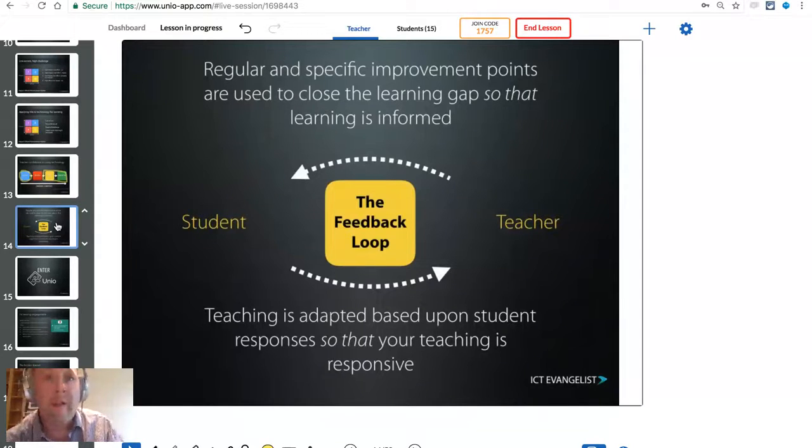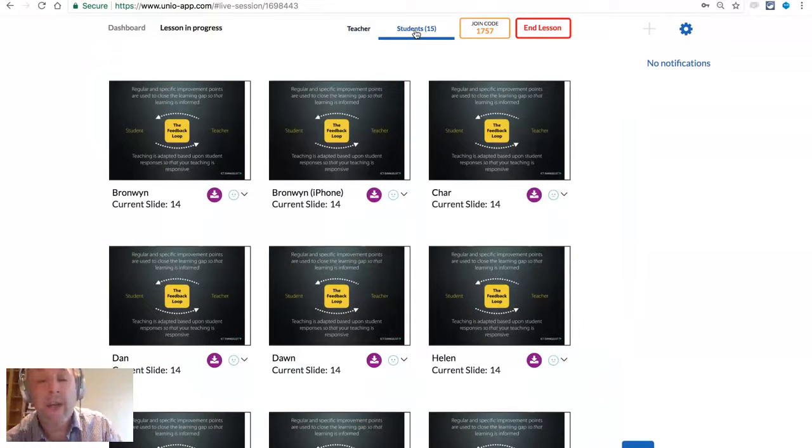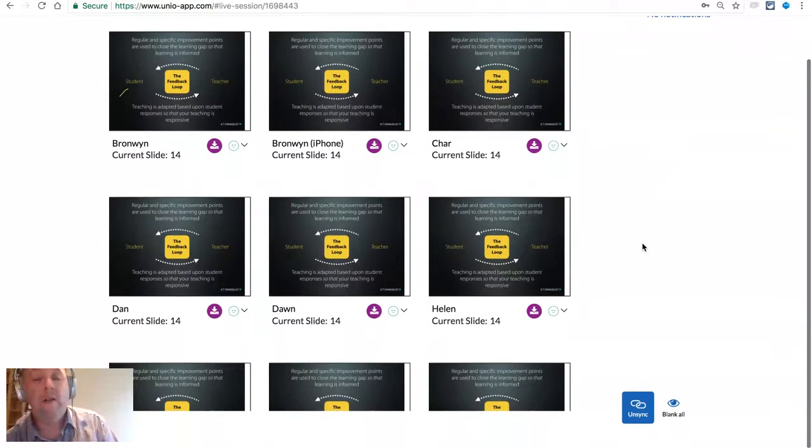So as an example of that, could you, on your screen now, just using any kind of annotation tool that you would like, please show me with either a tick or a cross whether you understand the slide that's in front of you right now? So what I'm looking for is a tick or a cross on the screen. So I can see Dan's got a tick, Bronwyn's done that, Helen's is giving it a tick, and so forth